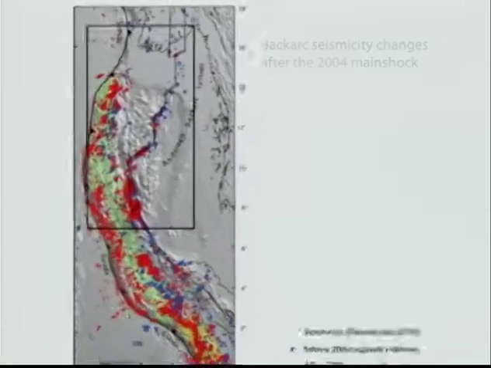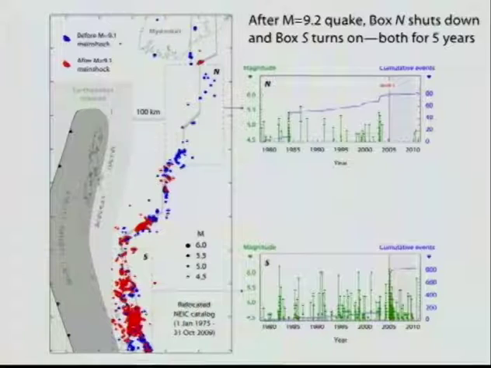The time series plot. Yeah. There you go. Well,